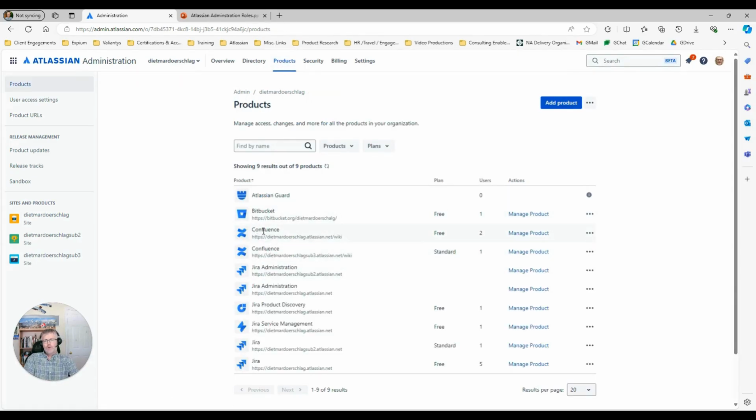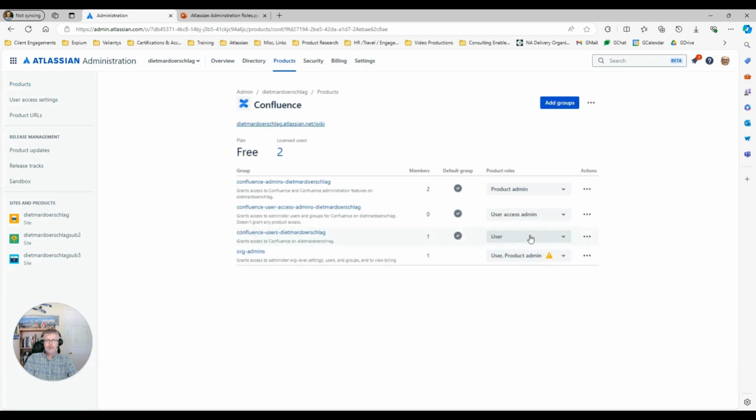So I have two sites on my org. I have Confluence product 1 and Confluence product 2. I'm just demonstrating this with the first one. So I'm going into the first Confluence product, click on Manage Product. And again, here are the out-of-the-box groups that have access, so members of those groups have access to the Confluence